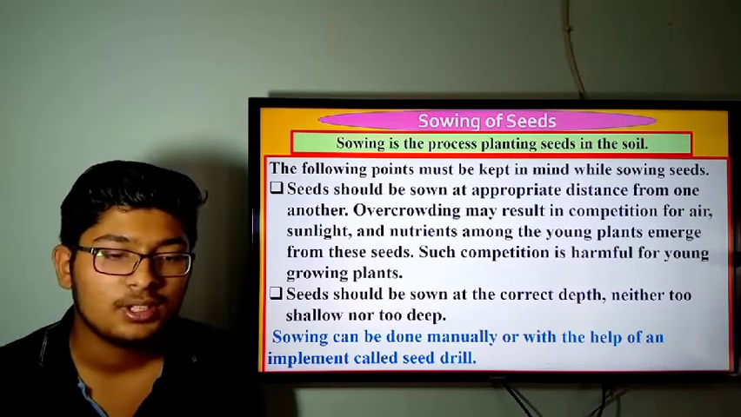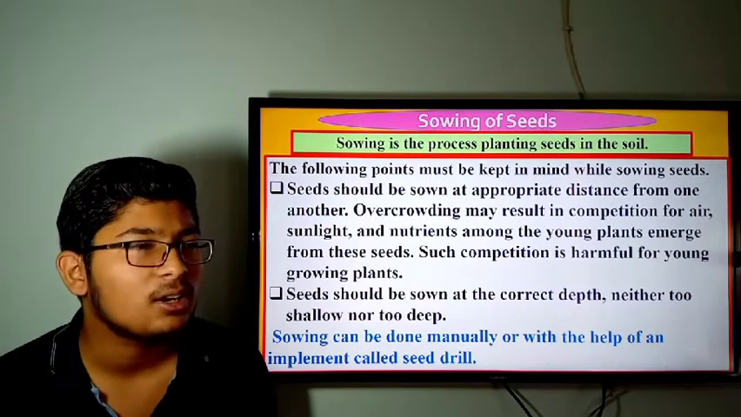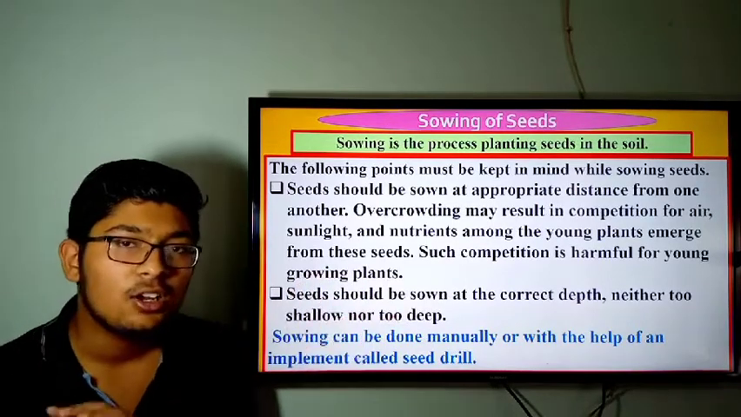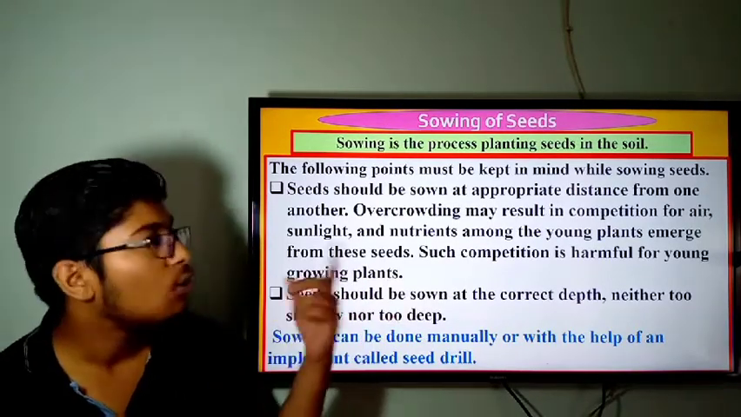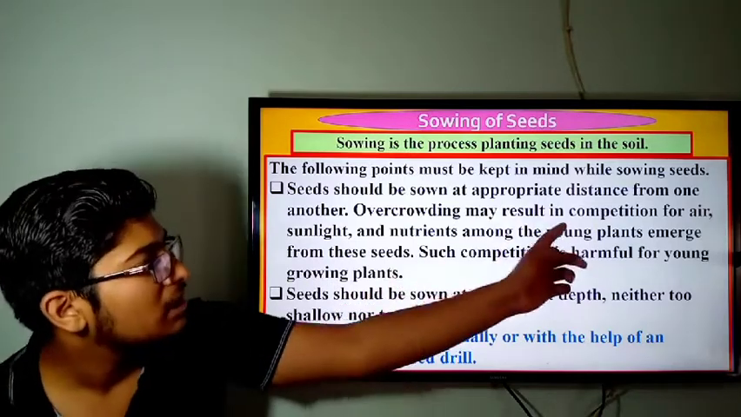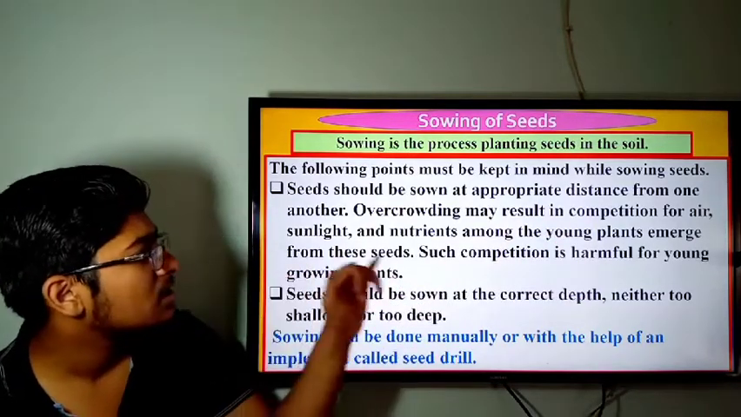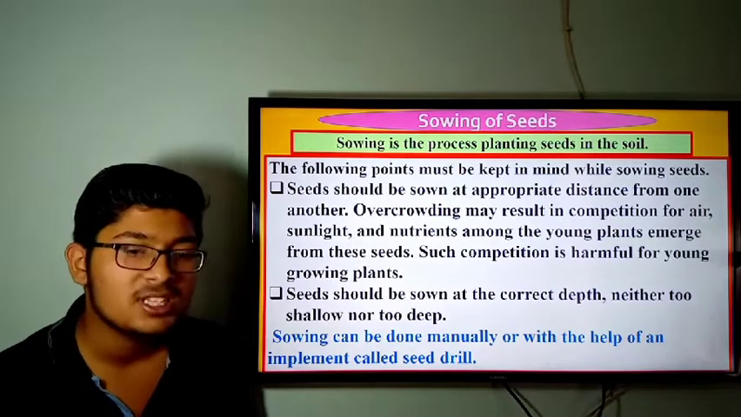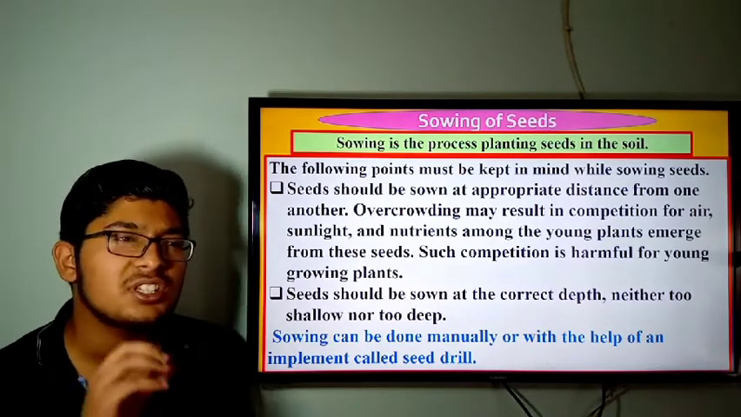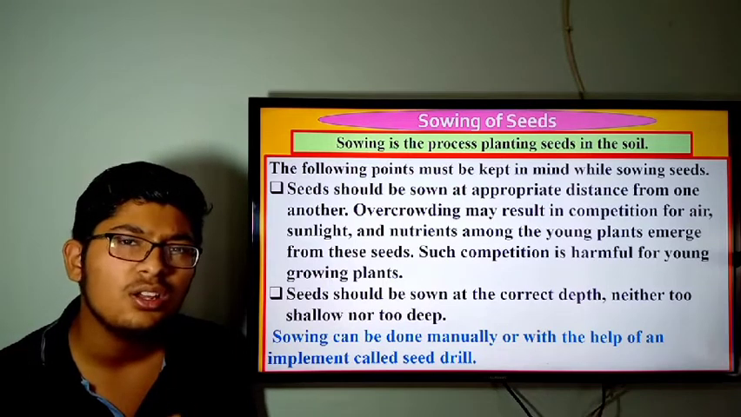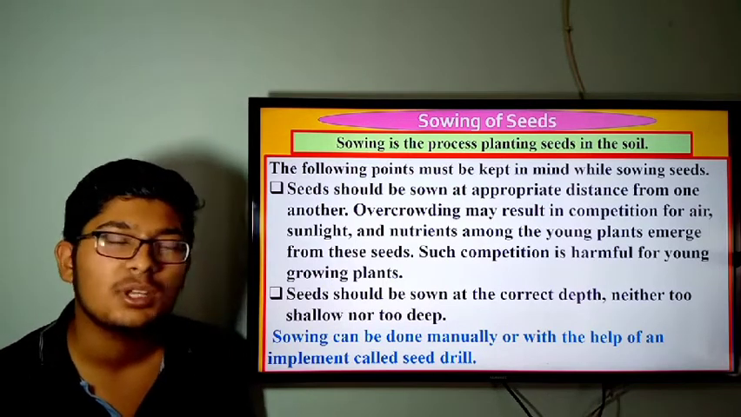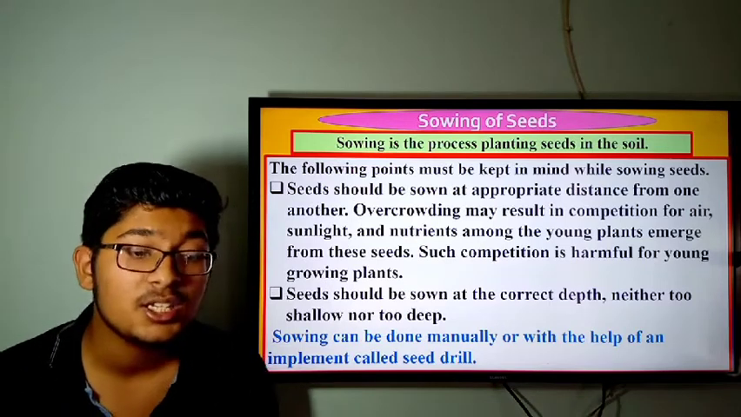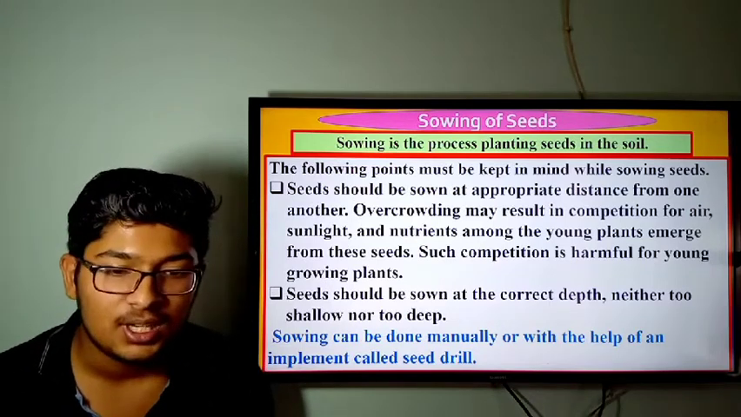और क्या इसका मतलब ना क्या कॉजेज हो सकते हैं कि ओवर क्राउडिंग, अगर हम एक के बाद एक लगा देंगे और डिस्टेंस नहीं रखेंगे तो क्या होगा, ओवर क्राउडिंग होगी, जिसकी वजह से ना कंपटीशन हो जाएगा एयर, सनलाइट और न्यूट्रिएंट्स. तो क्या होगा, जो यंग प्लांट्स होंगे ना उन्हें प्रॉपर ये सब नहीं मिल पाएंगे, और ऐसे कंपटीशन की वजह से हार्मफुल हो सकता है प्लांट्स के लिए, और ग्रोथ जो है उनकी रुक सकती है, मतलब आगे ग्रोथ में प्रॉब्लम्स आएंगी. So the next point is seeds should be sown at the correct depth, neither too shallow